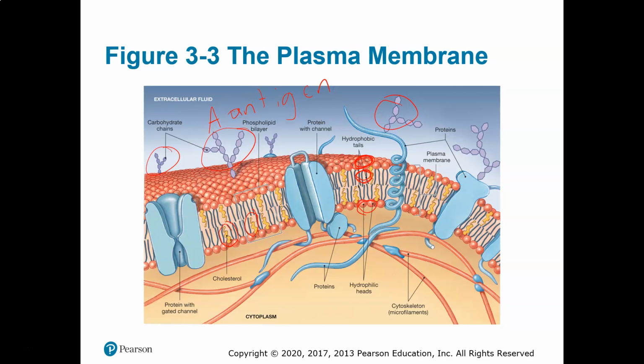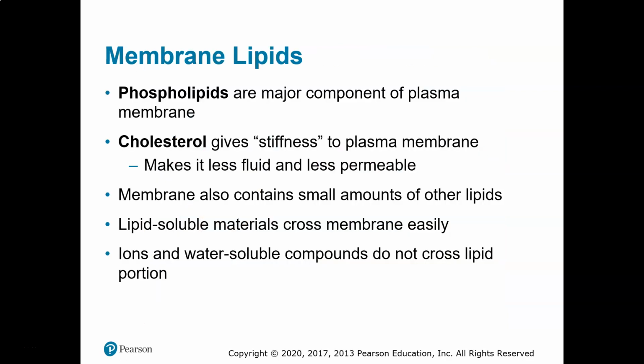This is also what is used in finding someone with tissue compatibility. If you are going to get an organ transplant, finding a compatible donor, these carbohydrate chains. So they identify the cell. Then the blue large structures are various proteins that are in the plasma membrane that have different functions. Phospholipids are the major component of the plasma membrane, and cholesterol gives the plasma membrane a certain stiffness, so it's not so fluid. Lipid-soluble materials easily cross through the